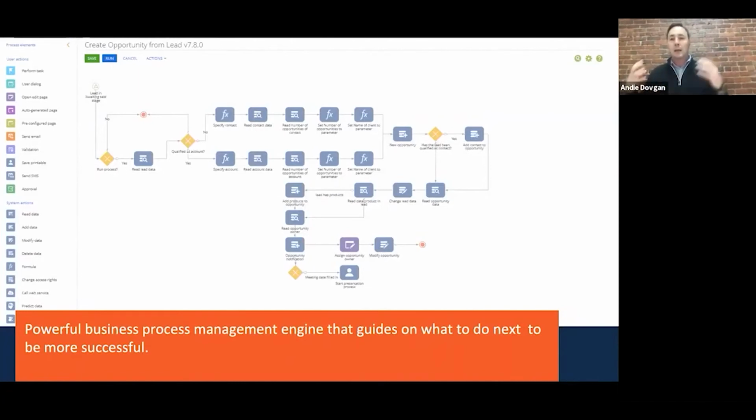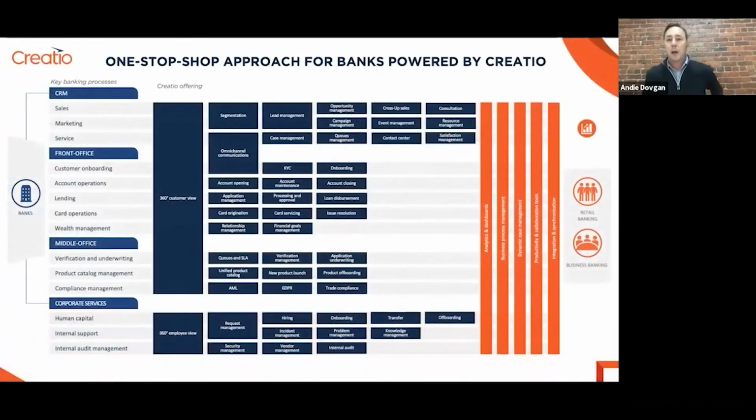the end user. At Creatio, our goal is to make sure that the end users spend their time very efficiently and they focus on what is important for the business. Talking to customers, solving some problems with their customers, making sure that the experience is only going up, but not spending time by retyping information into the CRM solution. And for that, we have developed this robust set of capabilities that allows us to automate all those steps and help to guide users and tell what to do next within the process. And we found this being a super productive approach towards automation for the end users in different industries, and especially